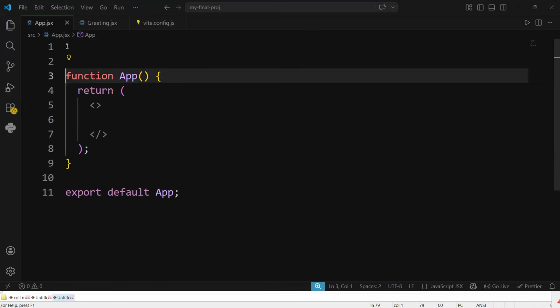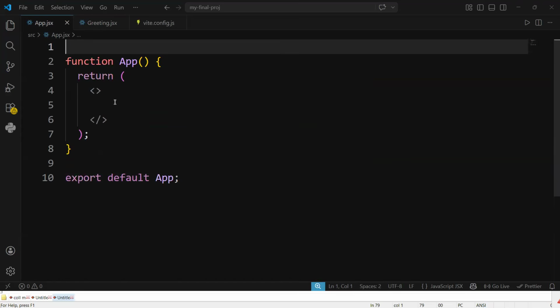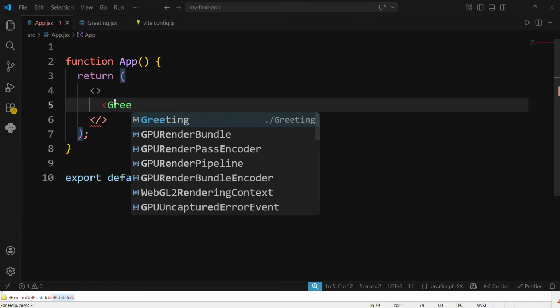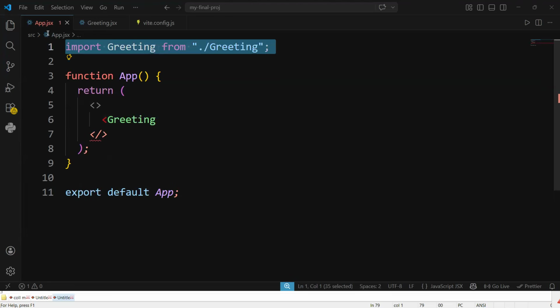See guys, in real time you don't write the import statements like this. Most faculties write the import statements by hand. Import statements should come automatically. If you have 10 imports, you will not write them line by line. That is very dangerous, guys. It's a waste of time. So without writing import, how should we get the import? Just write what component you want. After JSX, write the greeting component. Write 2-3 characters. You select the component, and when you select the component, the import statement